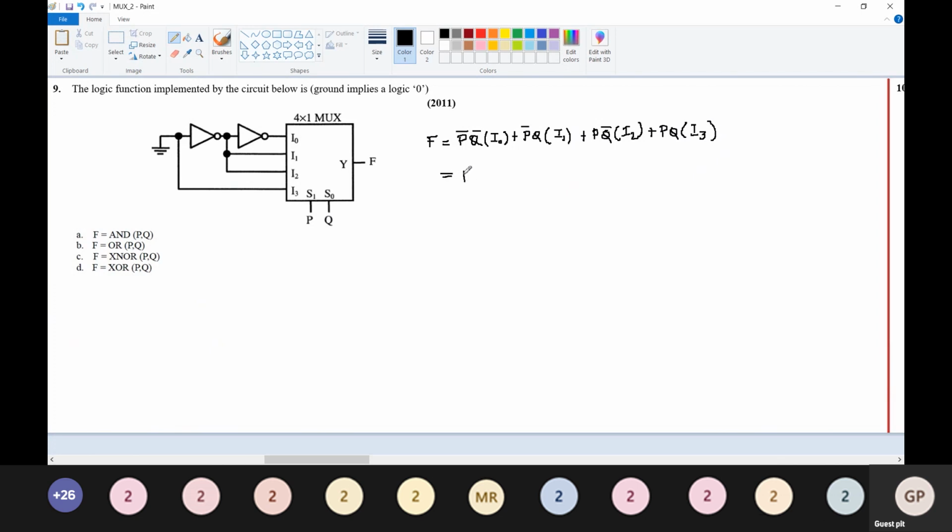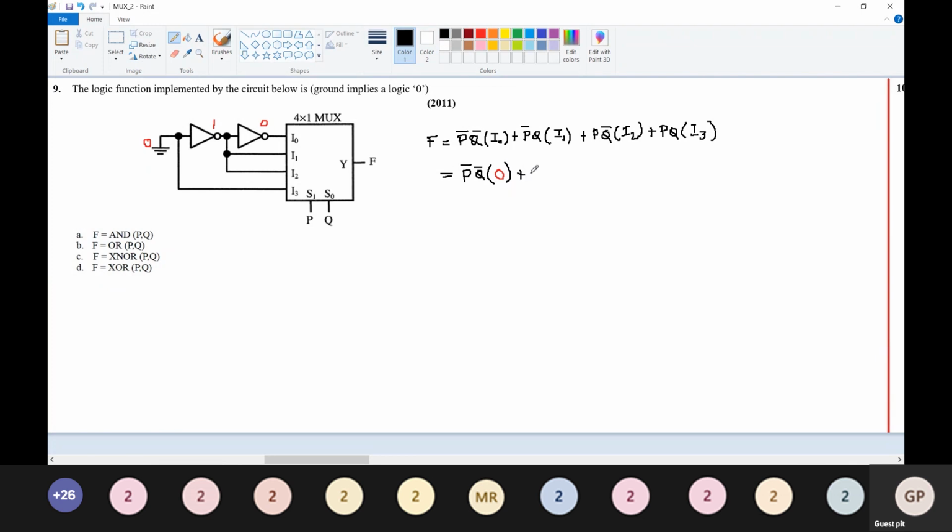Now we'll write the corresponding input values. P dash Q dash into I naught value. What is the I naught value here? It is 0, ground, it is 0. So here this should be 1 and here this should be 0. Understood? So the value here is 0